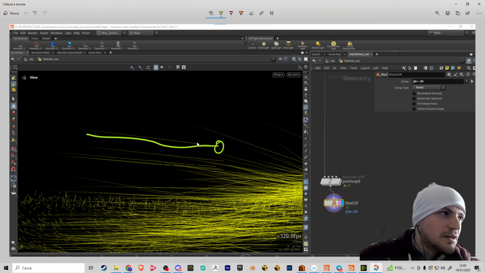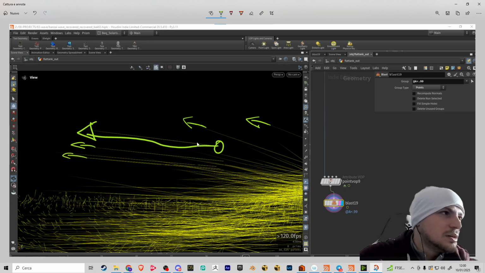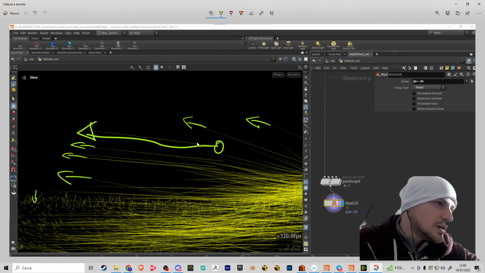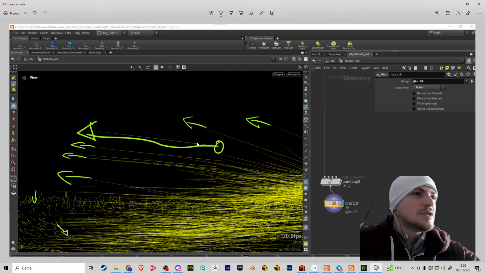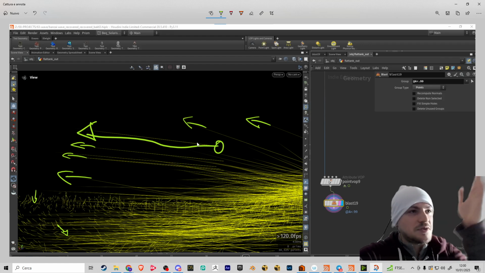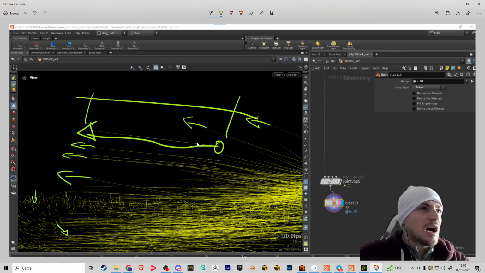It has a direction. Okay, you can see. This gives you the direction because you can see a little bit of an arrow here. So you have every direction actually. It's not really immediate maybe, but you can see that even here. I know that this point is going there and this point is going this side. So you have a point with a direction, a line that gives you the direction, and based on how big